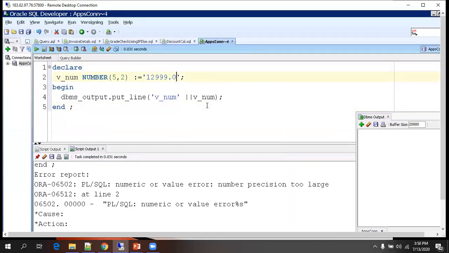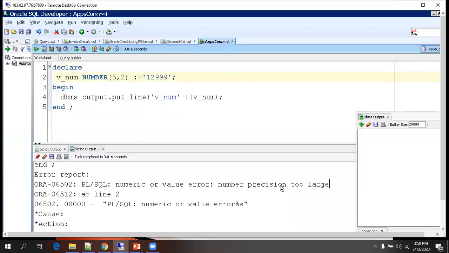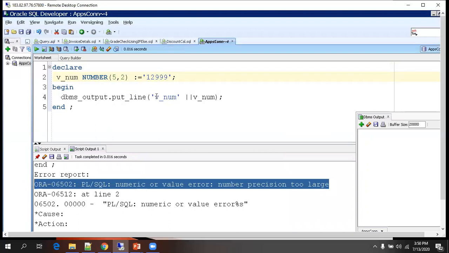Same error, right? Or I'll just totally remove the floating part now. At max I have only 5 digits, but observe again, it is still giving the same issue. So the basic thing is that at max it supports only 3 digits of numeric, not more than that.